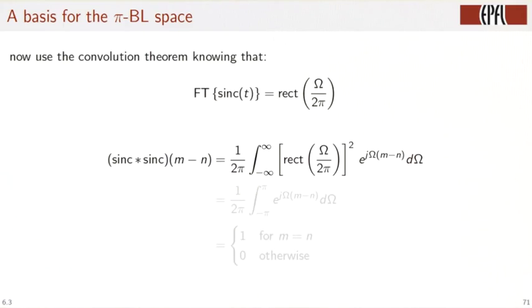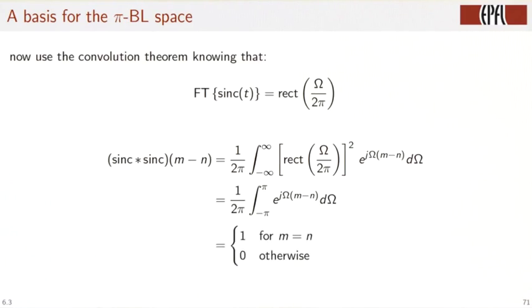Now we can use the convolution theorem, knowing that the Fourier transform of the sinc function is a rect function. So sinc convolved with sinc at location m minus n is 1 over 2 pi the integral of rect squared, and then e to the j omega (m minus n) d omega. This is simply the integral from minus pi to pi of this function that we have seen before, and this is equal to 1 when m is equal to n, 0 otherwise. With this, we have shown that